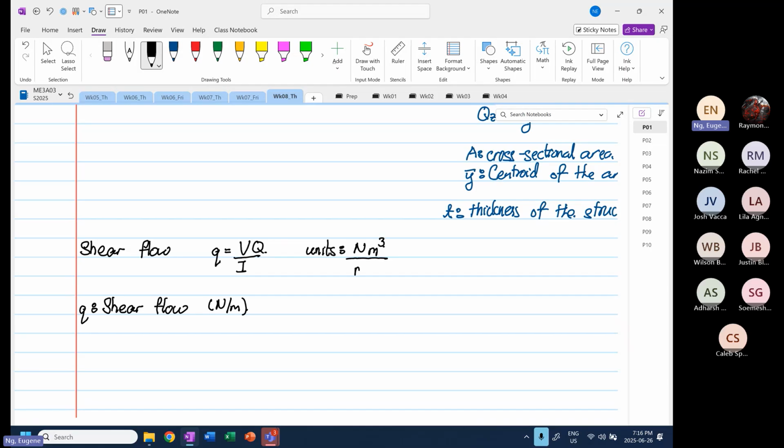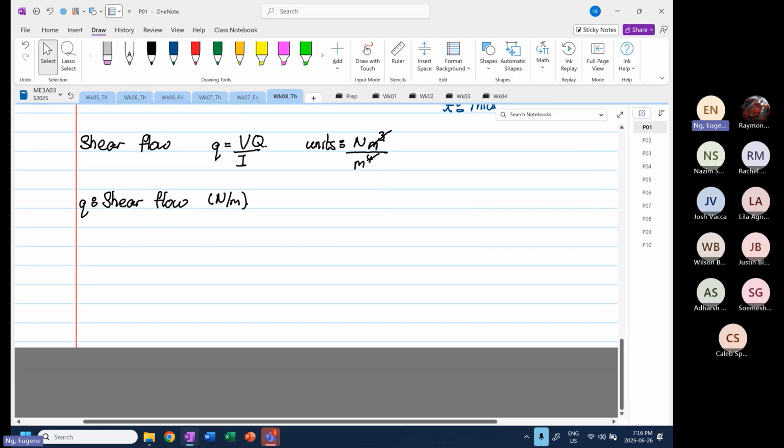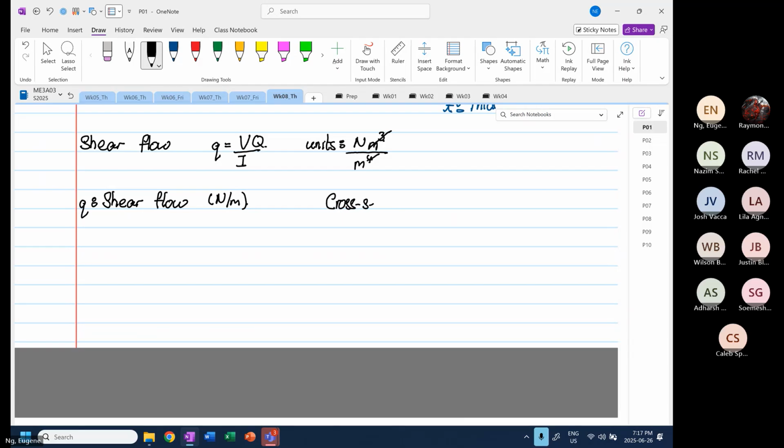The second moment of area is meter 4. You get rid of this, you have Newton per meter. Now, you ask me, Eugene, what is the shear flow physically? Okay, what is the shear flow physically? So now if we were to look at the cross-sectional view, so now I'm going